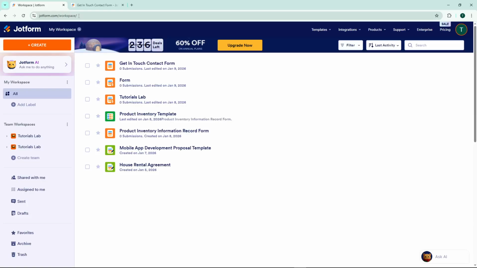Today, I'm going to show you how to make free web forms with Jotform. Whether you're collecting customer inquiries, gathering feedback, or setting up a contact page, Jotform makes the entire process straightforward and